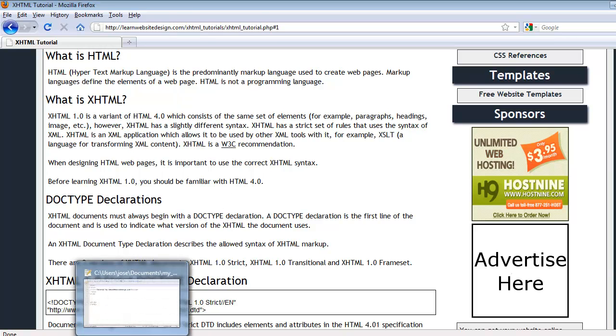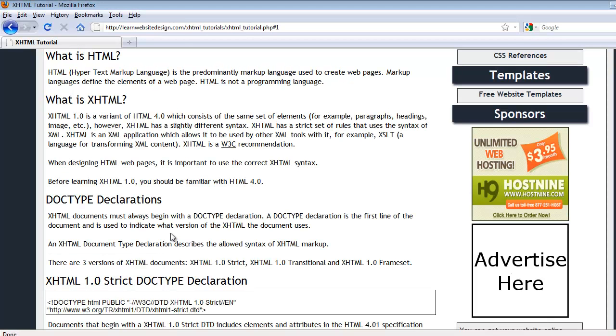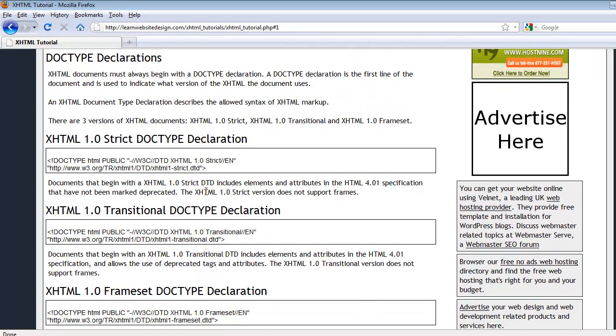Now, first I'm going to show you a bare bones HTML document. Notice the HTML tag, or the HTML element, the head element, the title element, and the body element. So this is the most basic bare bones HTML document. Now, if you want to make an HTML document conform to XHTML 1.0 standards, the first thing that you're going to need to do is include a doc type declaration as the first line